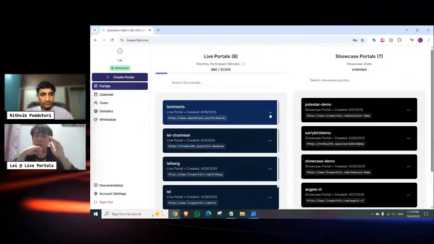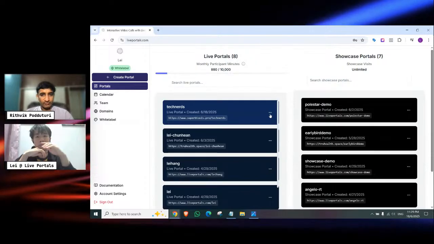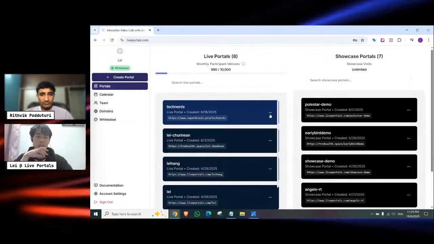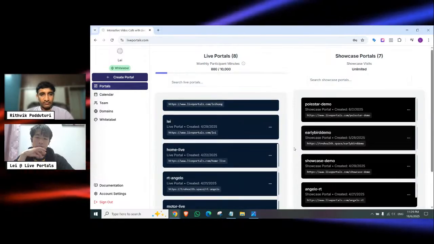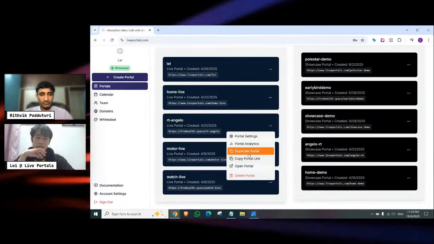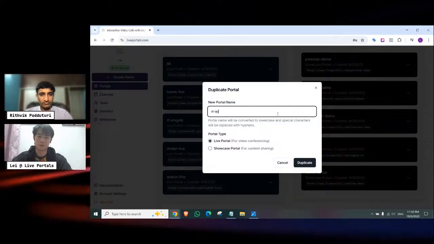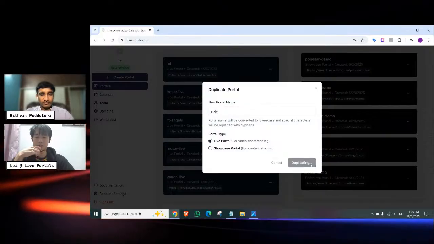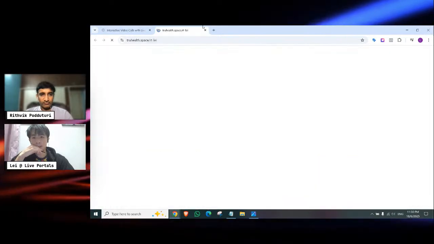Usually what people do is they have a template for their own company. Once they build the template, they will duplicate the portal. So for example, for Angelo, he sells helicopters, so I will duplicate it and then change this to Lee, and when I open it up,